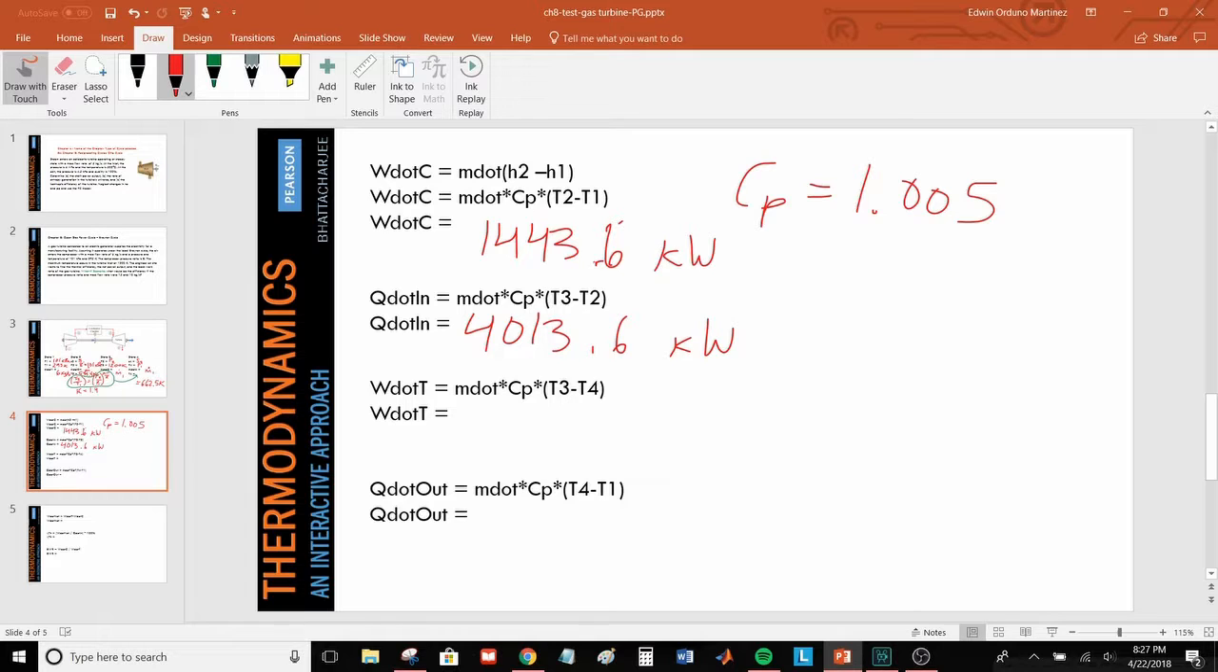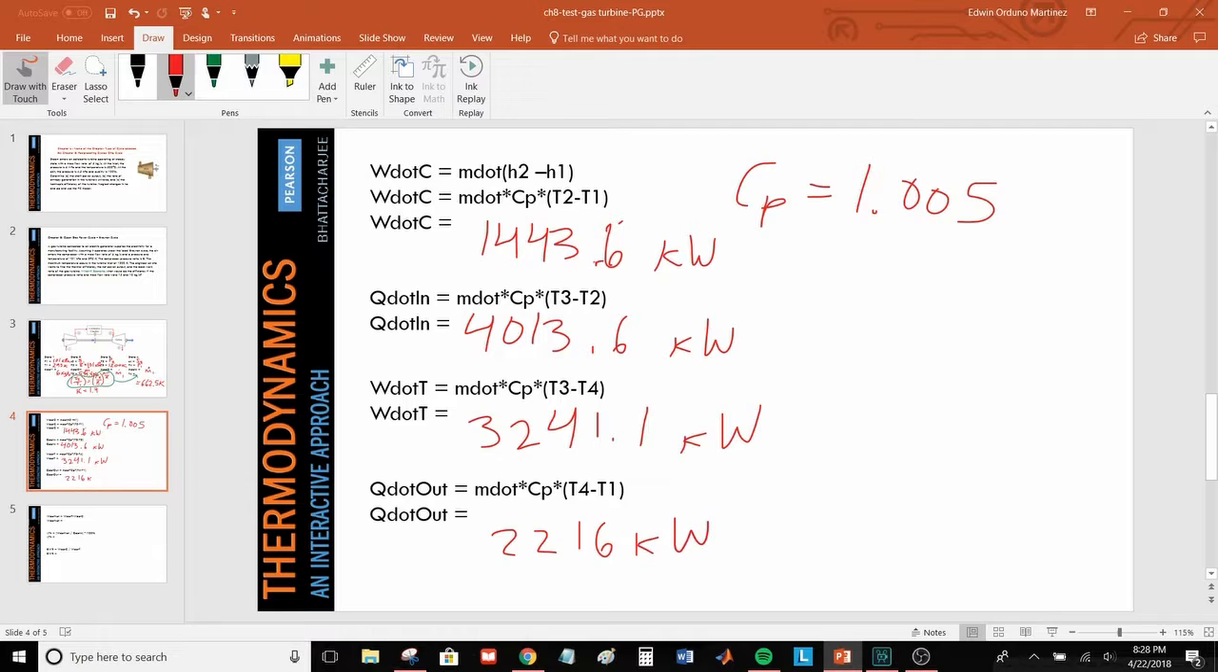And power in the turbine, after plugging in our numbers, gives us 3241.1 kilowatts. And the heat rejected is mass flow rate times specific heat times change in temperature for state 4 and state 1, which gives us